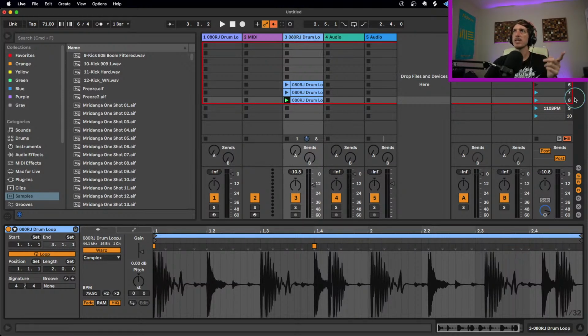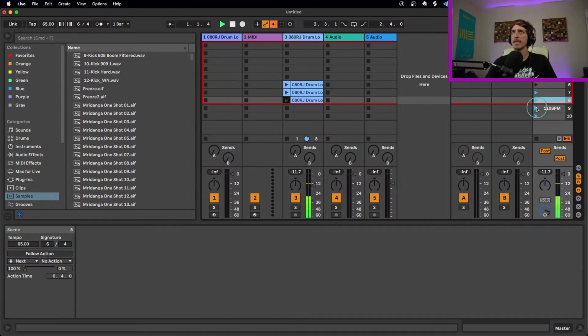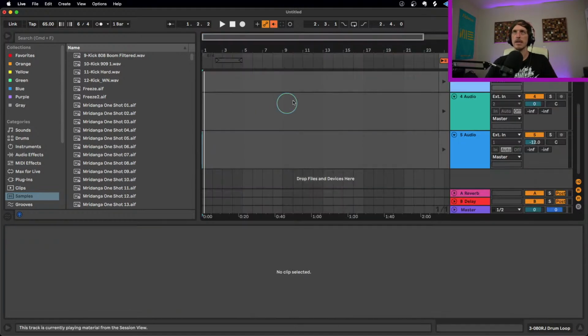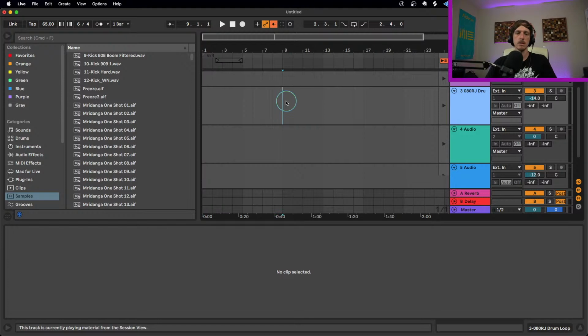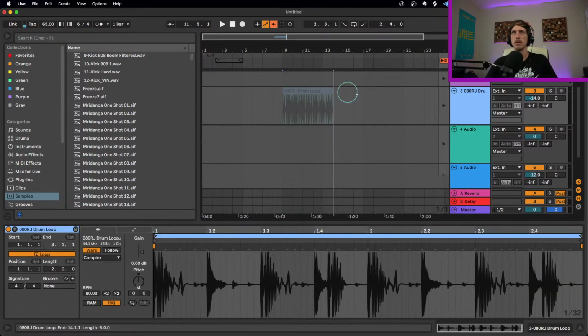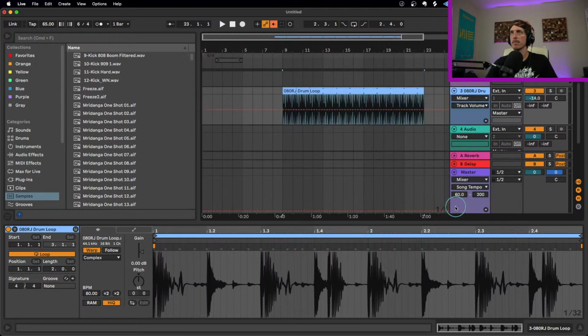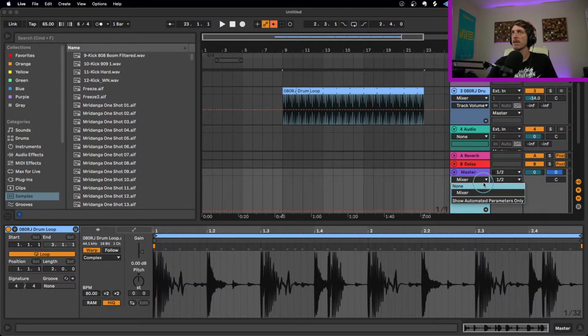Cool. So tempo changes in the session view, done right here. Then, if we want to go over to the arrangement view, if I want to do a tempo change in the arrangement view, the way we're going to do that is in the master. If we go to our automation options, underneath mixer, we have song tempo. So down here,